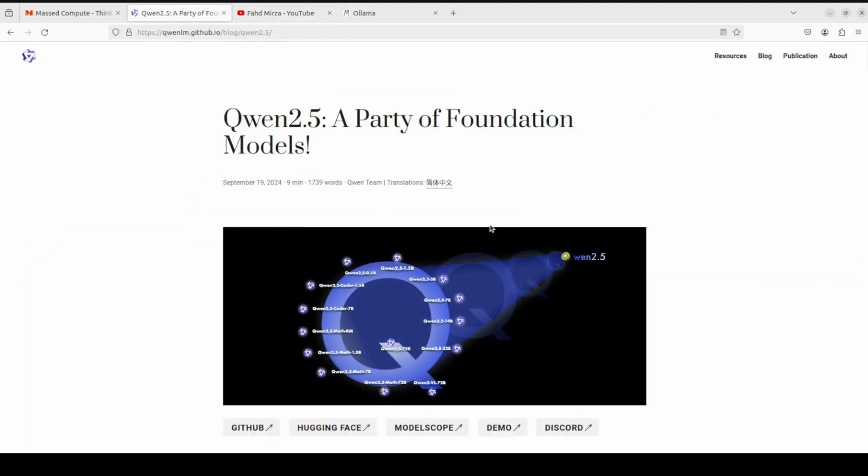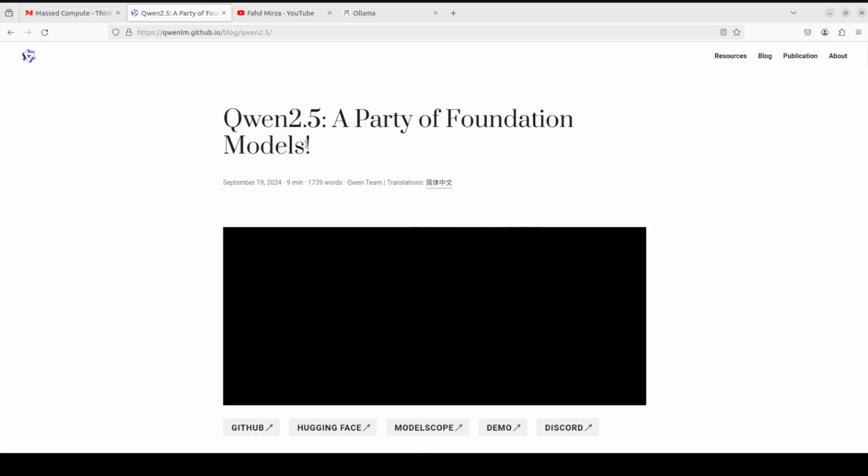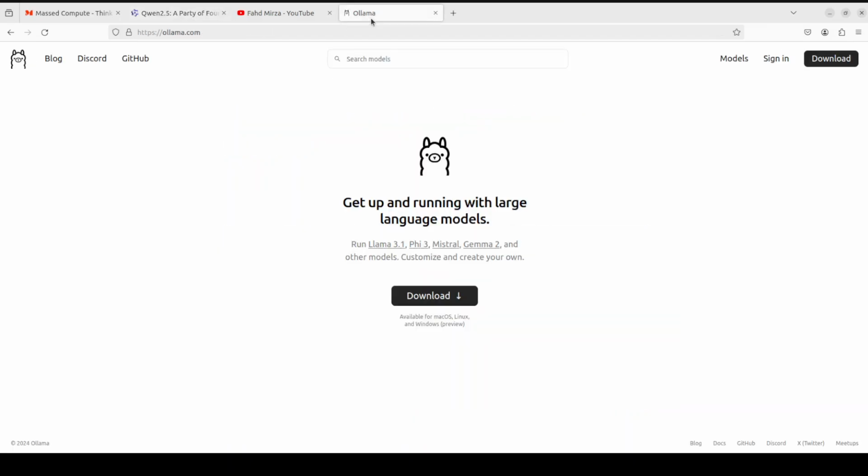For the purpose of this video, I am going to install the largest Qwen 2.5 model, which is 72 billion parameter, with the help of Ollama on my local system. If you don't know what Ollama is, it is one of the easiest and fastest tools to run large language models